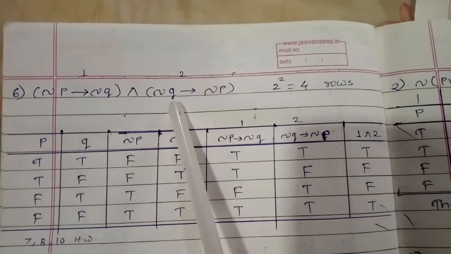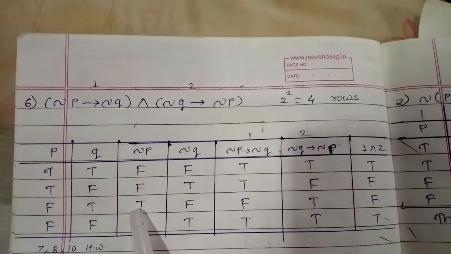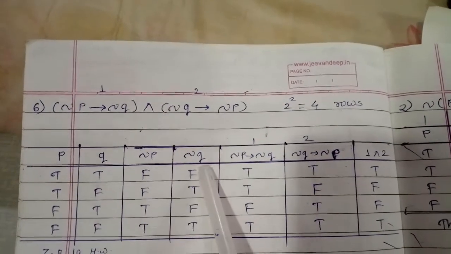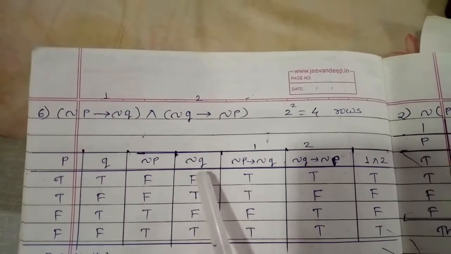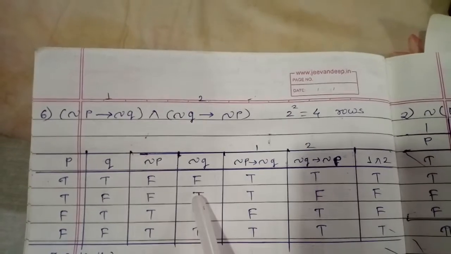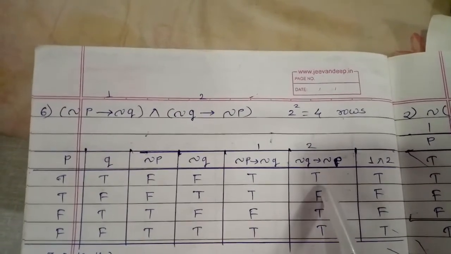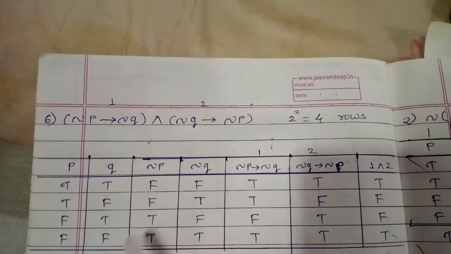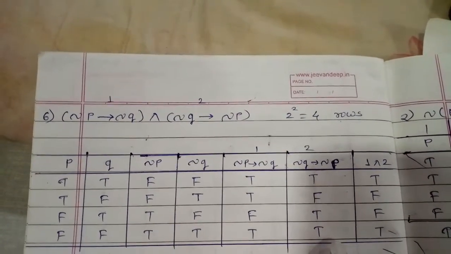Next, negation Q and negation P. Now see, you have to look at the first column, this one, and after that this one. So negation Q, negation P. First see this column and after that you have to see the next column. So again there is a conditional. If the first statement is true and the second one is F, then it is F. So here I write F. Again find out if there is first T and then F. No, only one. So it is F and the remaining are true.